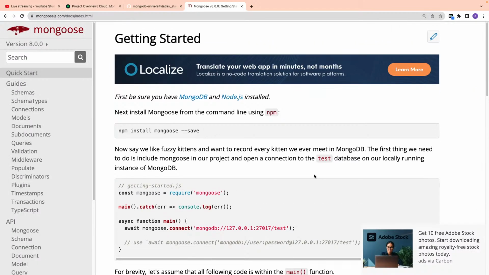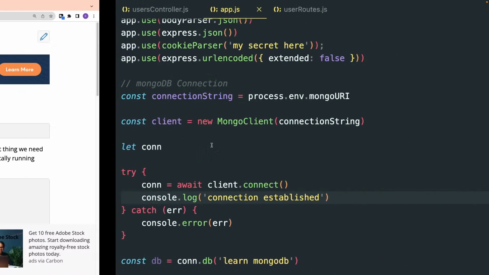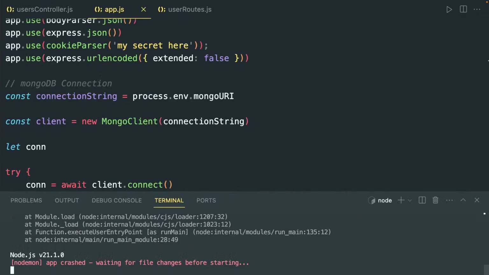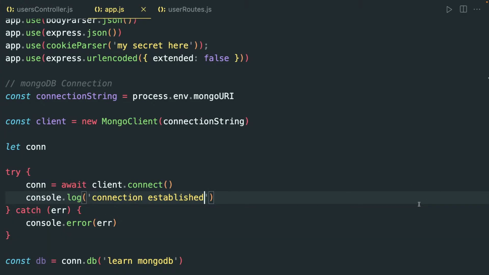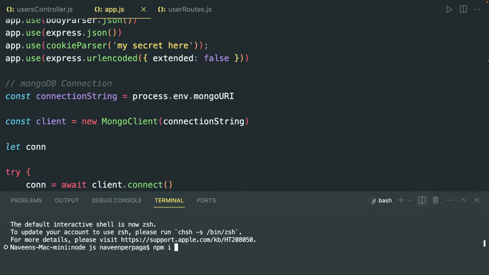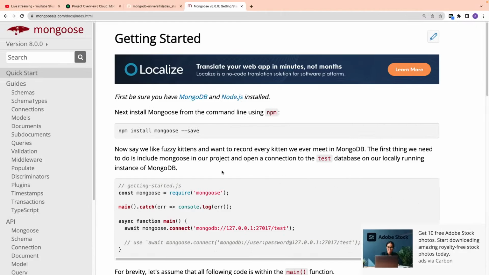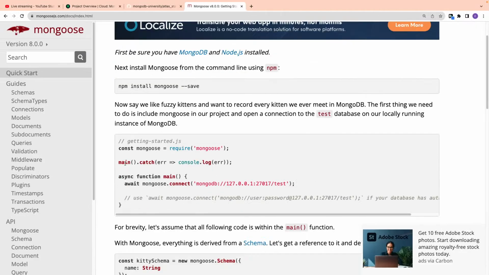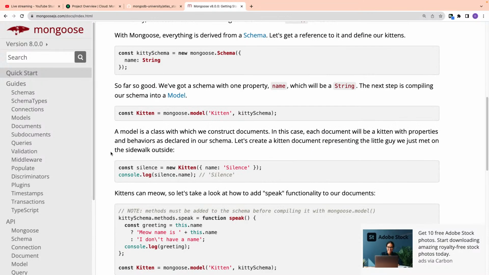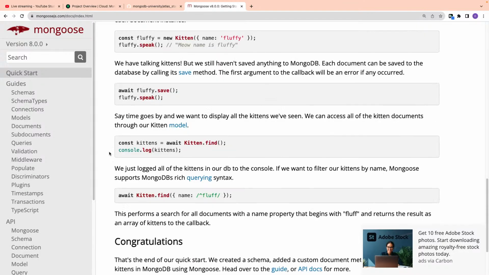I think it's better to use Mongoose here in our project. We will close this and npm i mongoose. And then we have